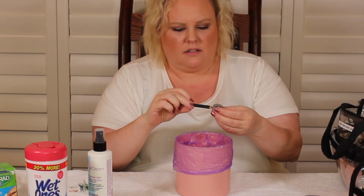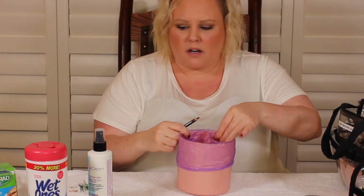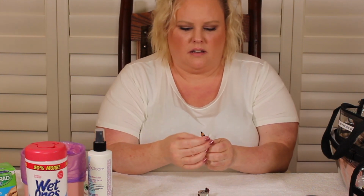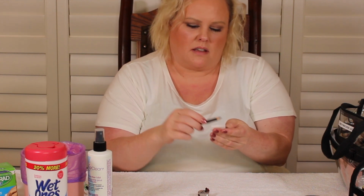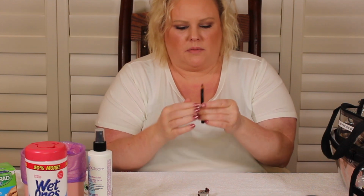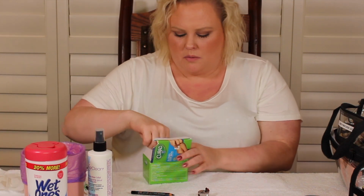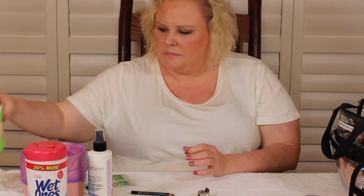And it's the same for eyeliners. So this is a black eyeliner. We're gonna take off the used part that our client used. We're gonna take an alcohol pad, and we're going to wipe down the outside of the pencil part that we used and the actual makeup. We're going to take another alcohol pad